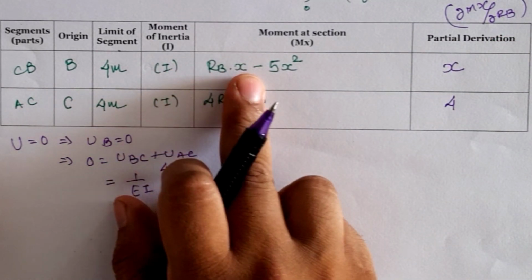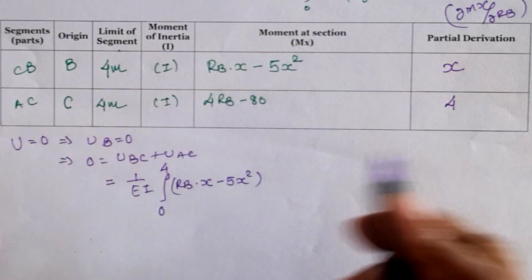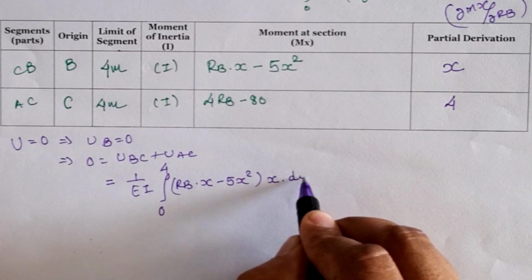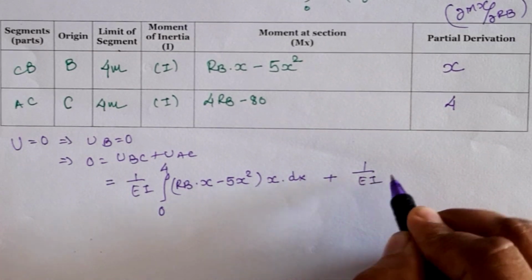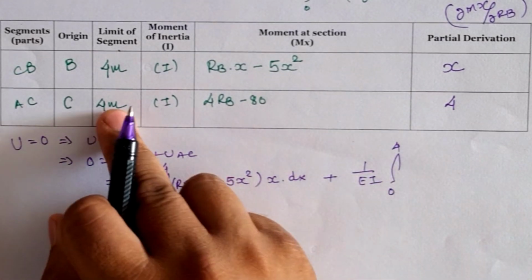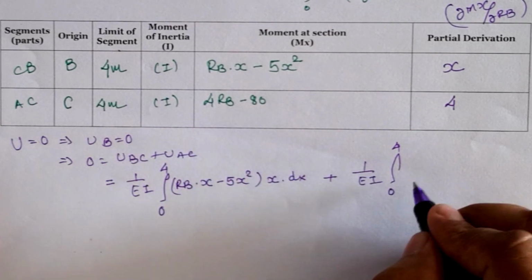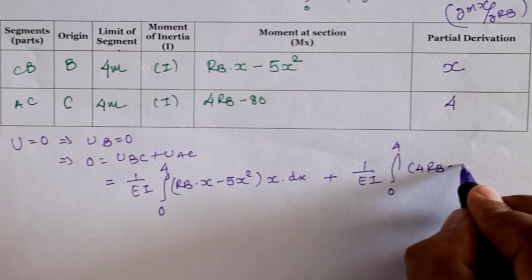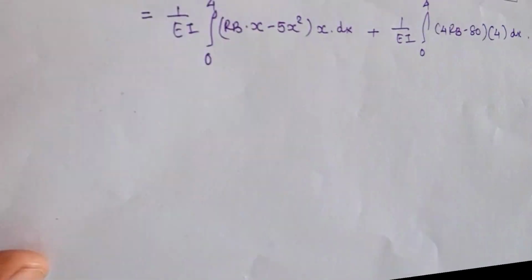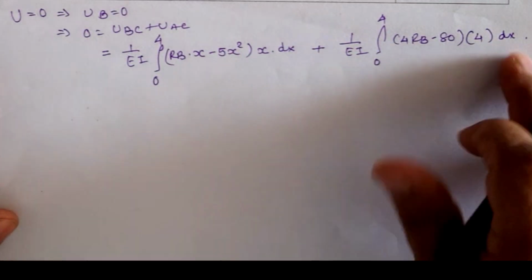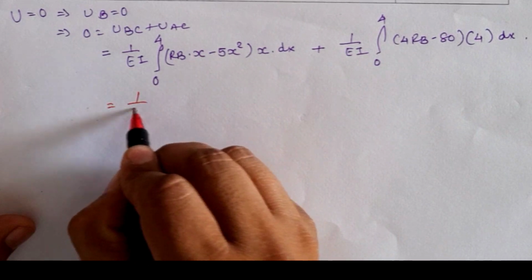So RB into x minus 5x square is multiplied with x. For the AC span, it is 1 by EI, limit 0 to 4, moment is 4 times RB minus 80, and partial derivative is 4. Now solving this equation, we will have: